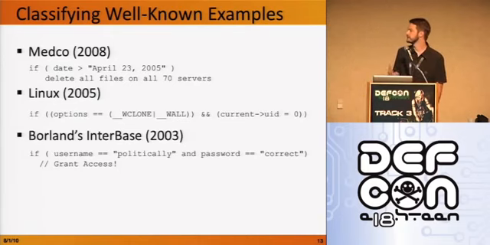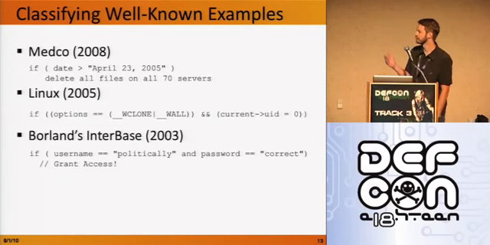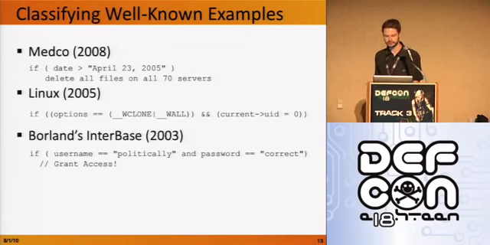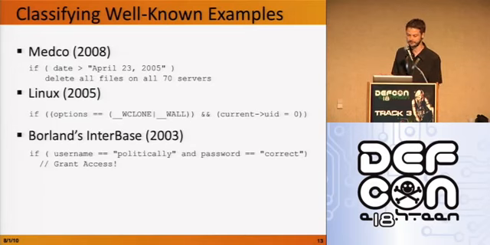The second one is from Linux, and the functionality of the if statement should be like the following: two flags for a particular command can only be executed when a person is root. So you're going to compare the options against clone and wall, and you check if the user is root, or 0, and then you can actually use that function, use the if case. But something is wrong over here. Can somebody tell me why? Yeah?